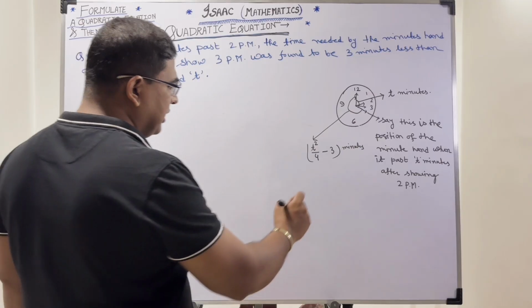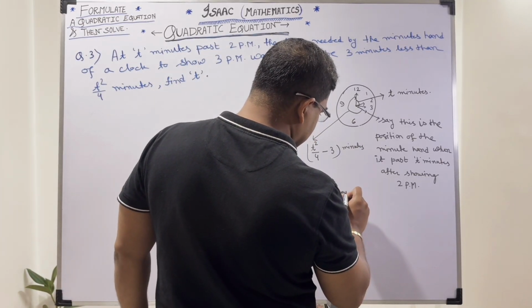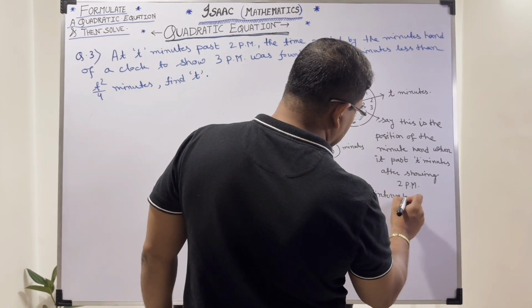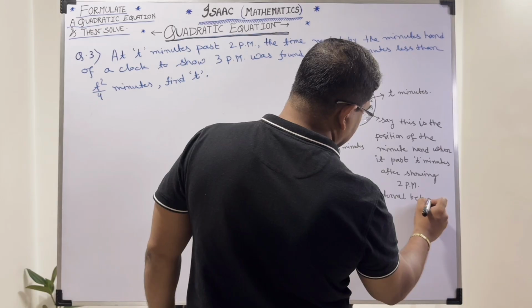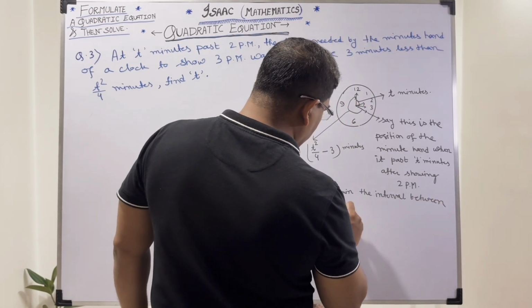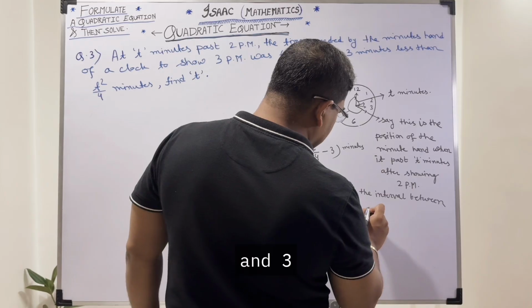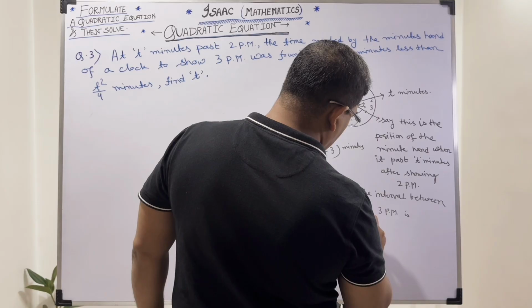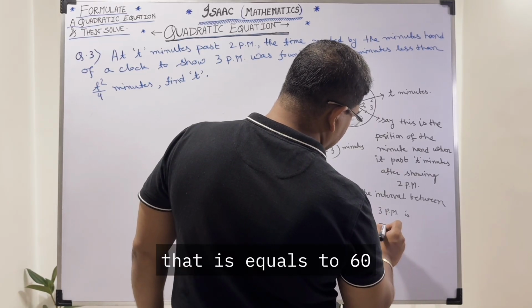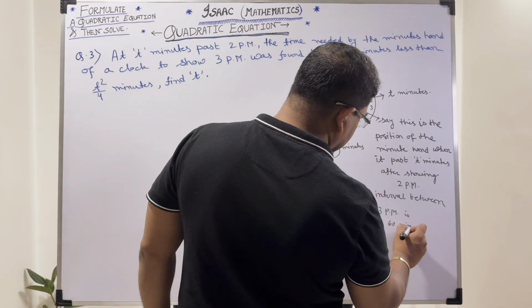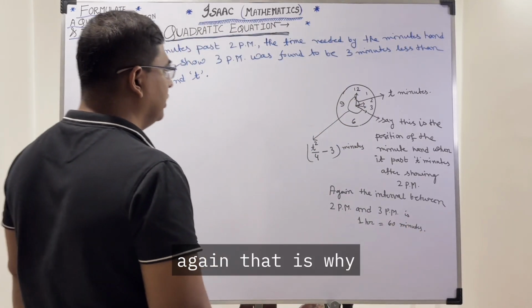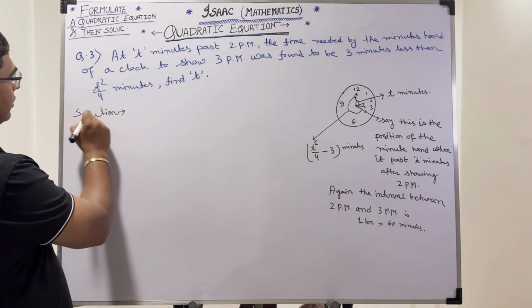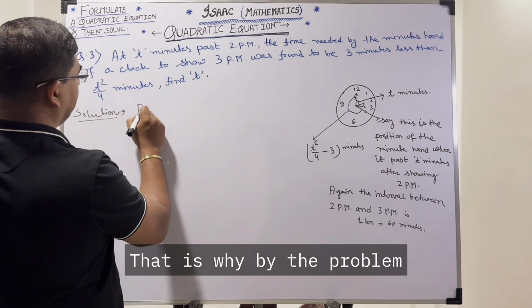Okay. Again, the time interval between 2 p.m. and 3 p.m. is 1 hour, that is equal to 60 minutes. Okay, that is why, solution. That is why by the problem